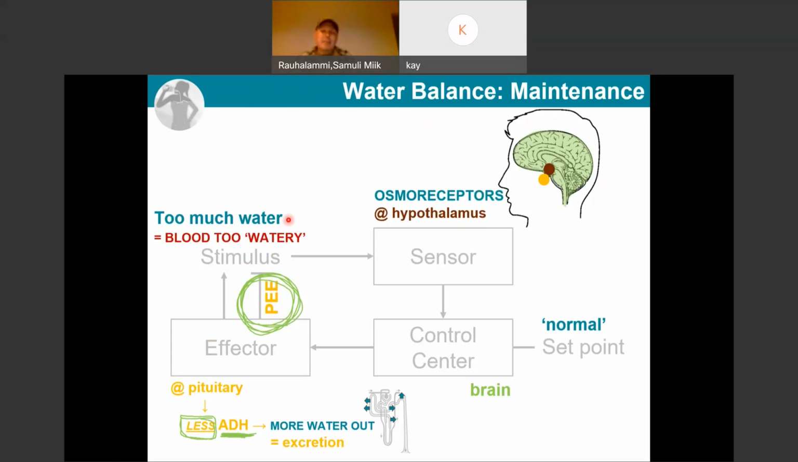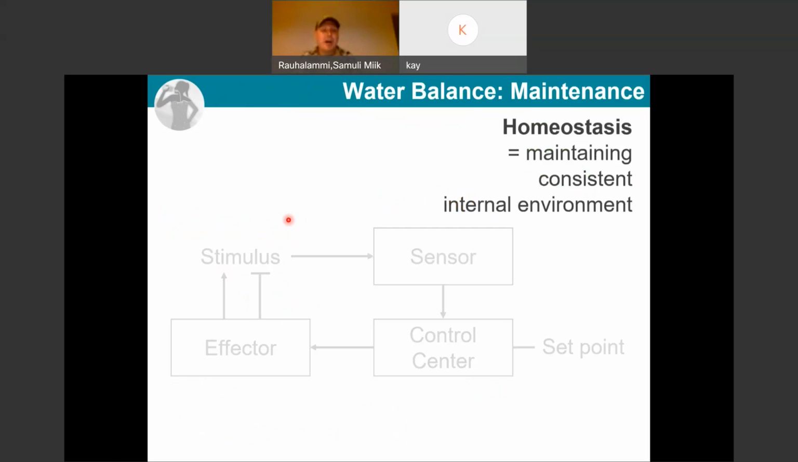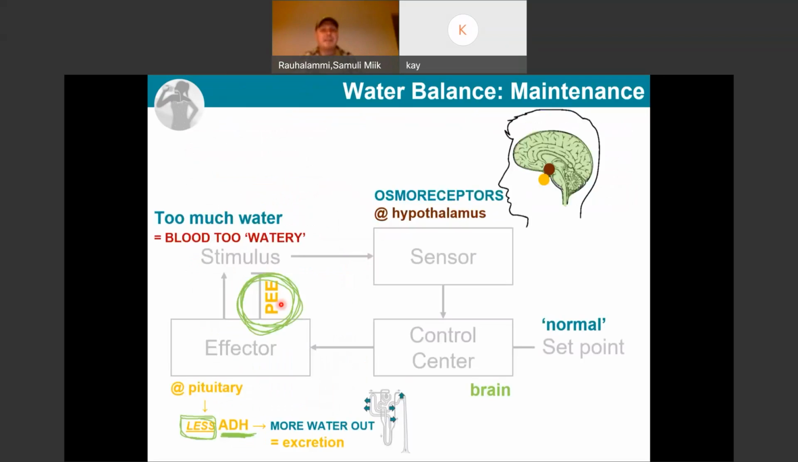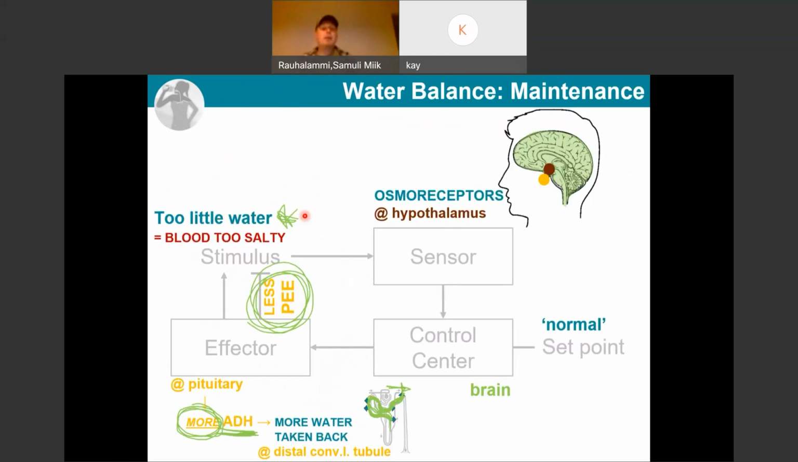So you'll see how we were able to simplify a previous diagram that was much more complex by having just these 4 different steps. And you won't be surprised that we'll see a reverse of what could happen. In this case, we have too little water in the body, following a very similar pathway. The osmoreceptors at the level of the hypothalamus sense that. We compare it to the normal at the level of the brain, and the effector is now going to be the pituitary gland releasing more ADH,